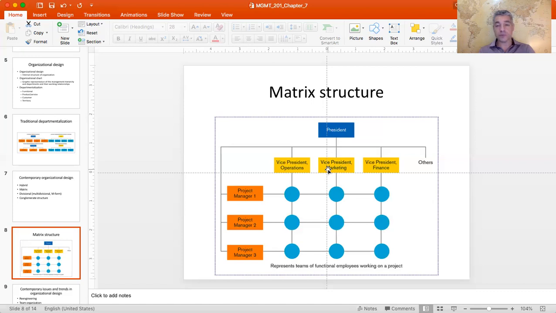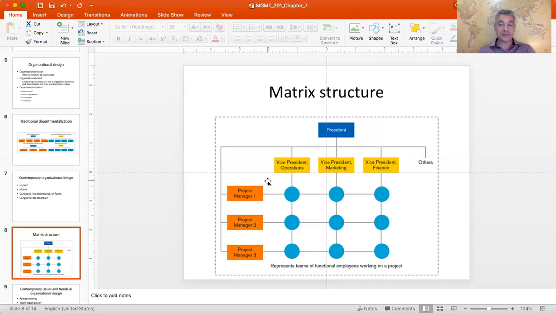But if you remember those principles of organizing, the first and most important one, the unity of command, it is clearly violated in the matrix structure. All of a sudden, you have at least two bosses, probably more, that you have to report to, and that brings with it a great number of challenges. If you're politically gifted, you can play them against each other so that while they fight, you sit down doing nothing and getting paid. You may also get frustrated if these guys cannot agree which one of them is more important or has more